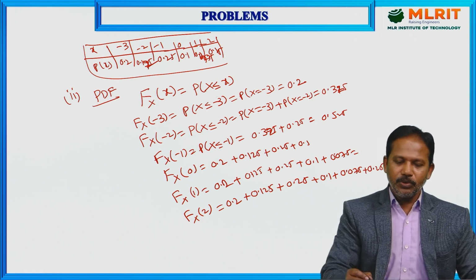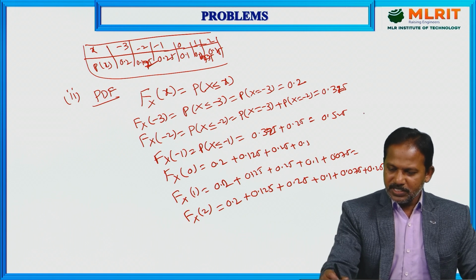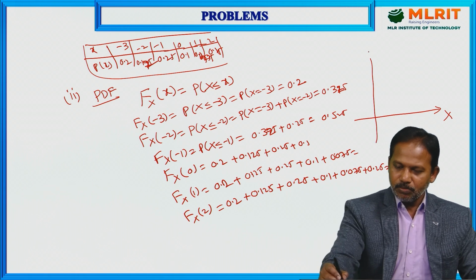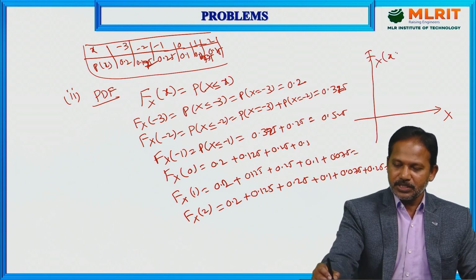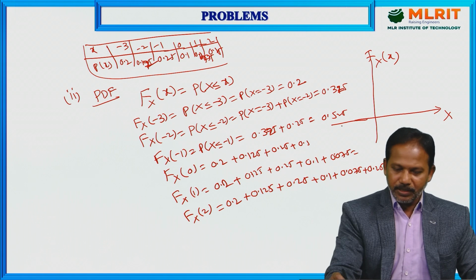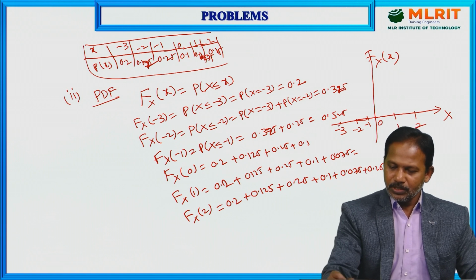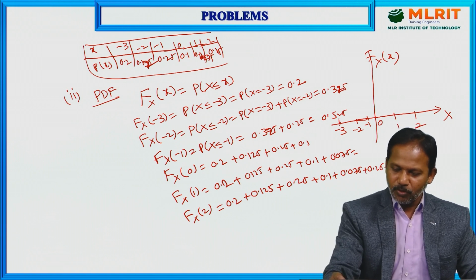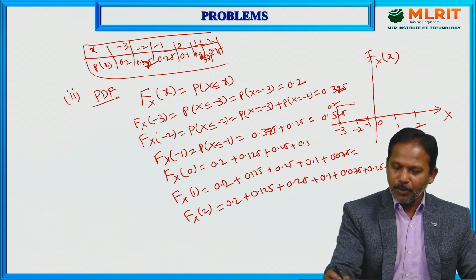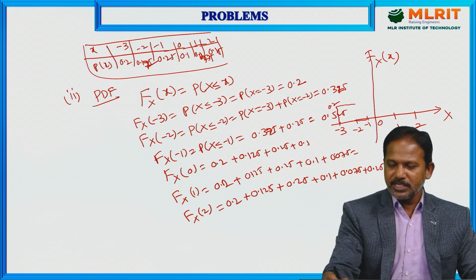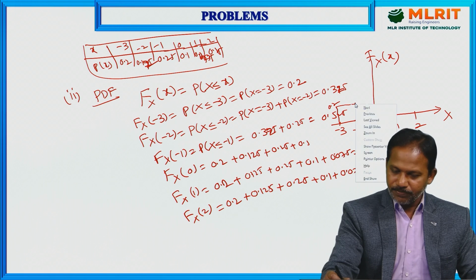So if you want to draw the graph, this is my random variable, and this is my probability distribution function. Here my values start at minus 3, that is X equal to minus 3, minus 2, minus 1, 0, 1, 2. So at X equal to minus 3, my value is 0.2. Assume this is 0.2. Next one, the same value continues up to the next sample. My next sample is X equal to minus 2. So the same magnitude continues. At minus 2, my voltage is 0.2